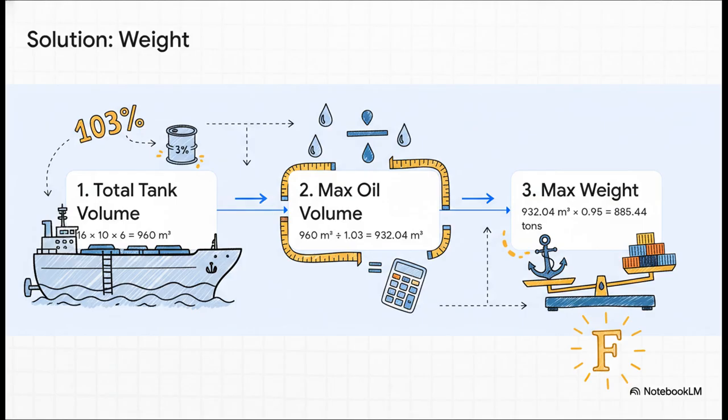First step, easy part. Get the total volume of the tank. That's 960 cubic meters. Now, remember the rule? It was 3% of the oil. That means the total tank has to contain our oil plus its 3% expansion room. In other words, the tank represents 103% of our cargo's volume. So what do we do? We divide. We take 960 and divide it by 1.03. That gives us our maximum safe volume of oil,